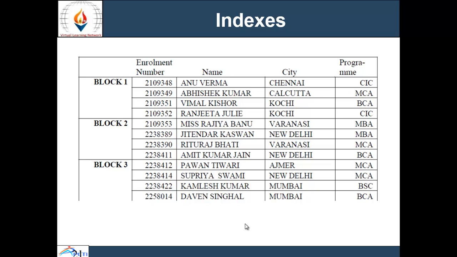Let's assume a student database is given in this example, and assume that one block stores only 4 student records.